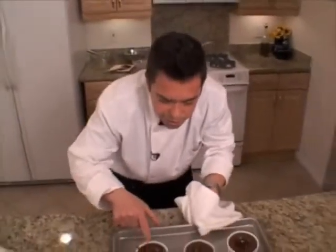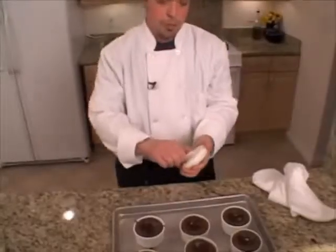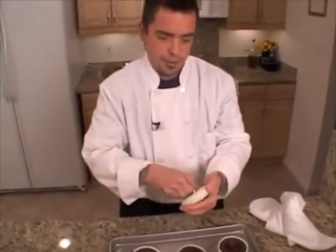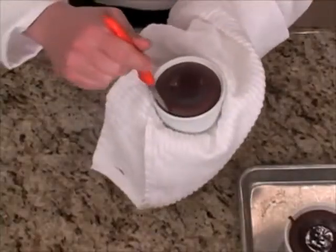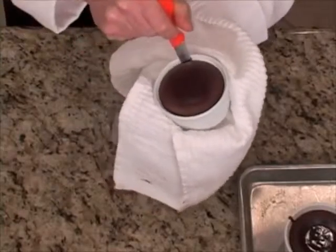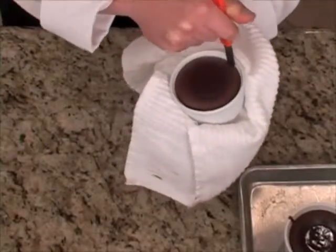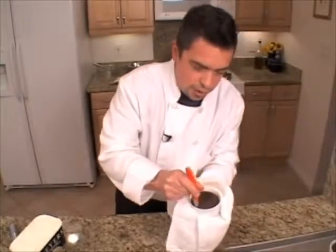We have our edges set up, but yet the center still jiggles. We're going to set our timer for 2 minutes, and we're going to let them rest. Okay, our 2 minutes is up, so we are going to unmold these. And using a thin knife, run right around the edges, as close to the edge of that ramekin as you can. You want to preserve the look